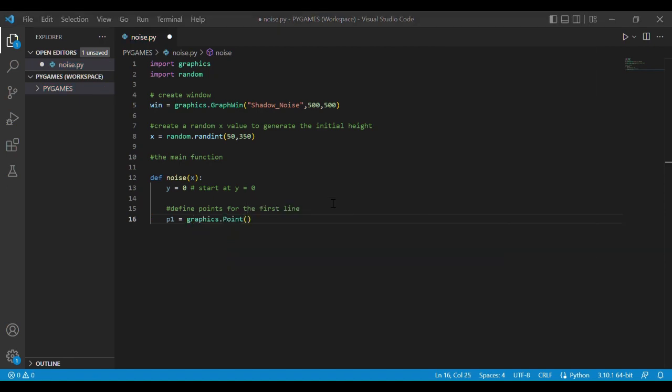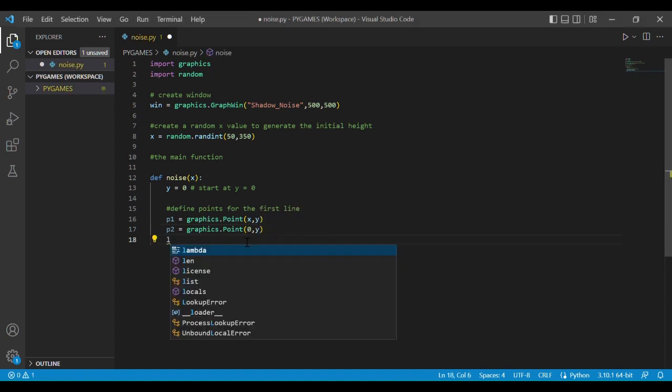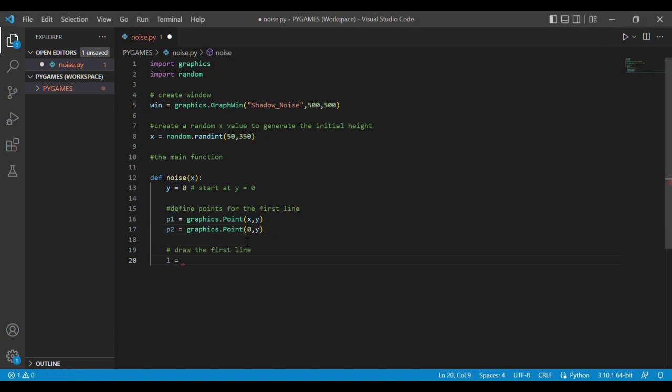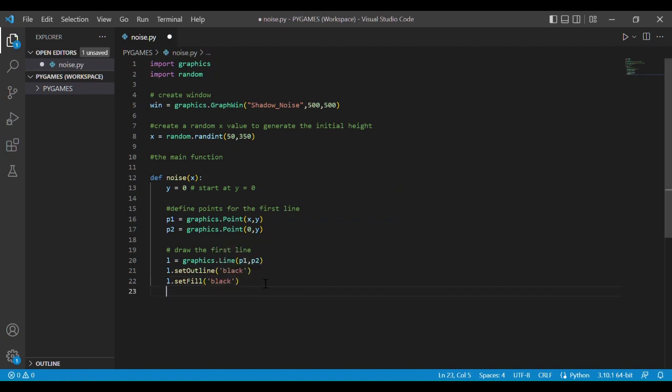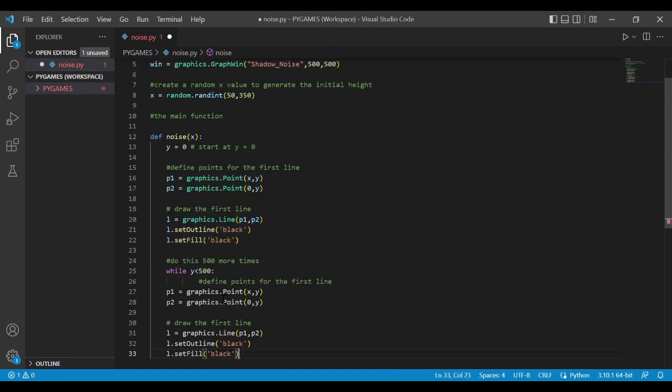Then I moved on to create a noise function that would actually print the terrain. I started by making 2 points and making a line go through them. This is the initial line in a whole series of lines that make up the terrain. After that I created a while loop where this process would repeat over the length of the window that I had created. With this I was done with the basics.